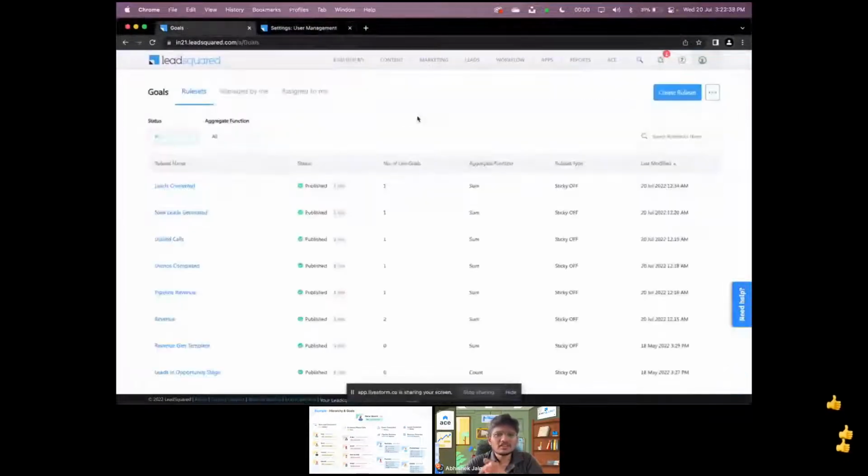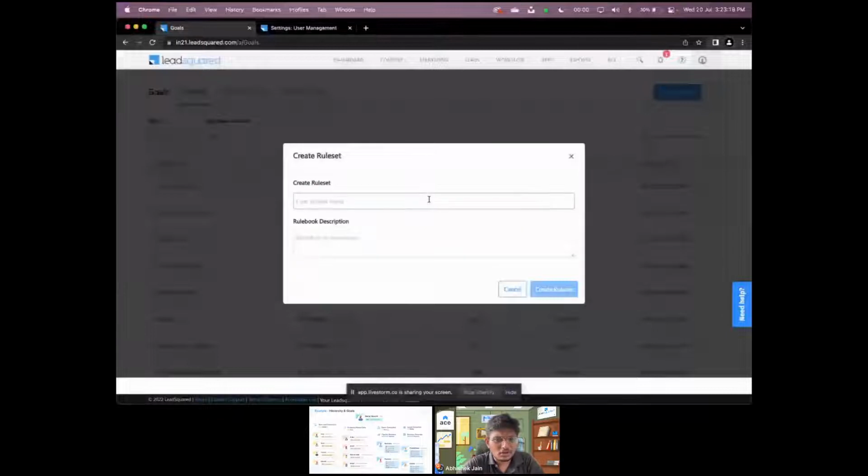All of this is very important to showcase the capability of the product, because we don't want our customers to run towards our CSM team or anyone else to change certain small things, right? It could be done by you at any given point of time. So two major aspects of the product: one, you're able to track all of these things automatically, and two, we are empowering you to configure these things on your own, right? These are the two major strong aspects of this product from a sales performance management tool standpoint, right? So with that, let me quickly create an outbound phone call goal, or a call goal, right?